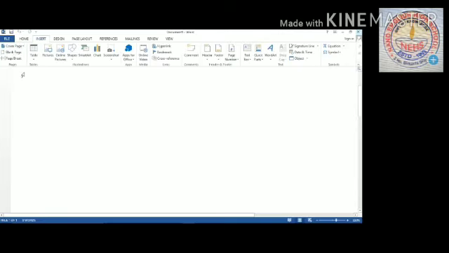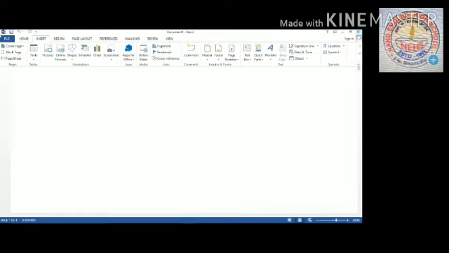Okay, and next, quick access toolbar. Look on your page number 58, quick access toolbar. The quick access toolbar is located at the top left of the title bar of the MS Word window. In this place in Word 2010 the quick access toolbar is showing.